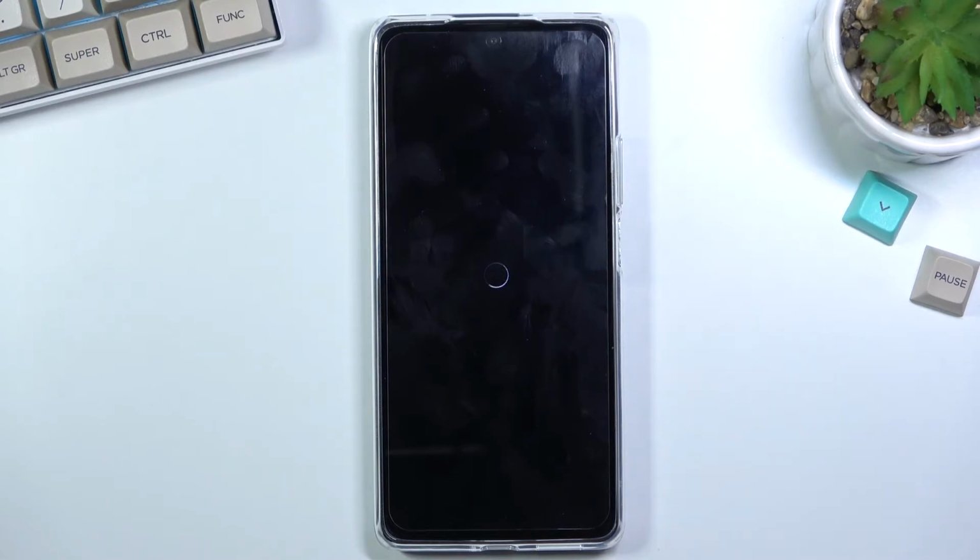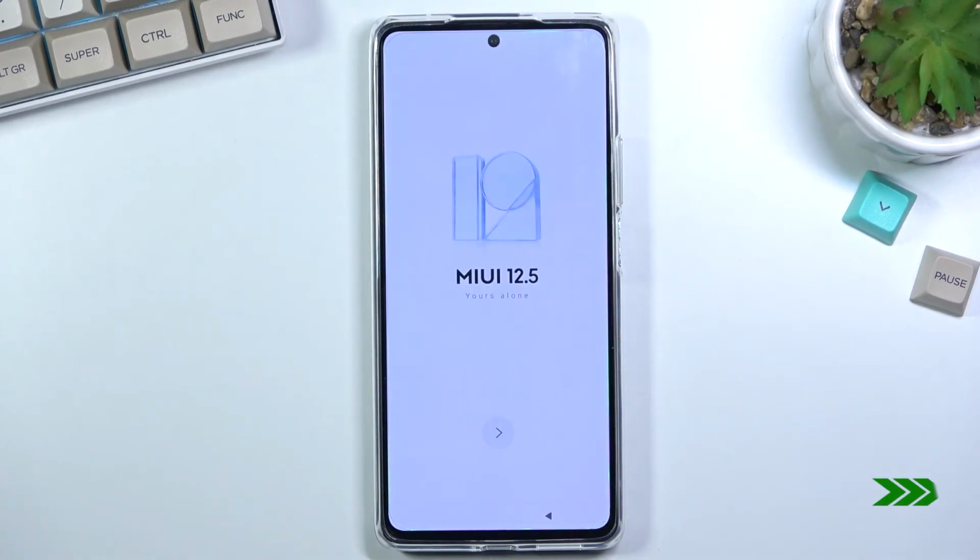run through. Once it's finished we should then be greeted with the Android setup screen. So I'll be back once that is visible. Okay, and as you can see now the process is finished, then you can set up your device however you